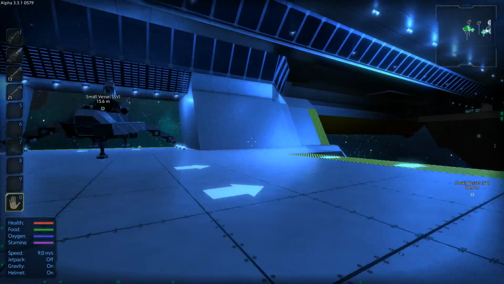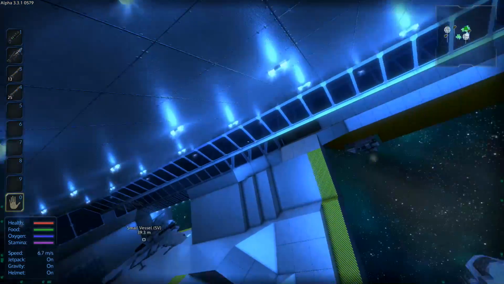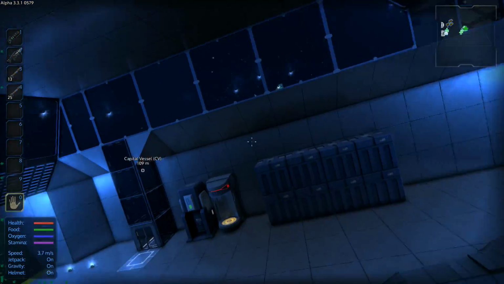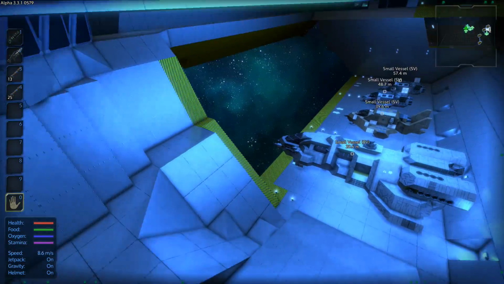Lots of space for the ships, lots of docking area, lots of landing pads. And I think the flow of it is pretty easy. If a ship needs to come in for repairs, it can come in from the sides, these two side doors. It can come in from one of the two front doors, or it could come in from this massive